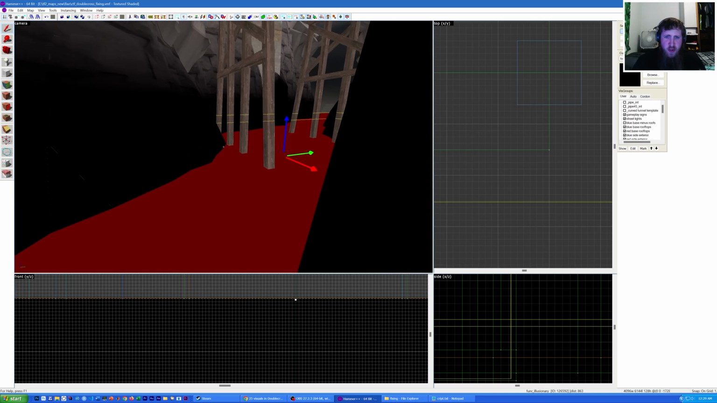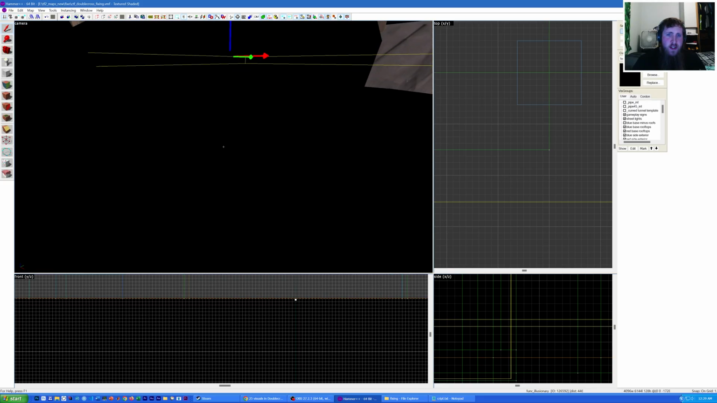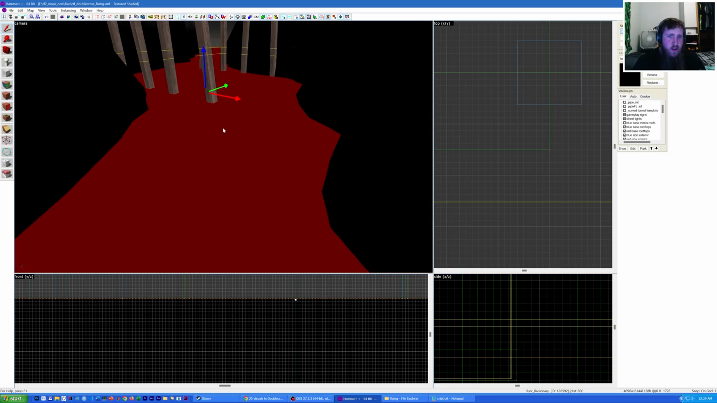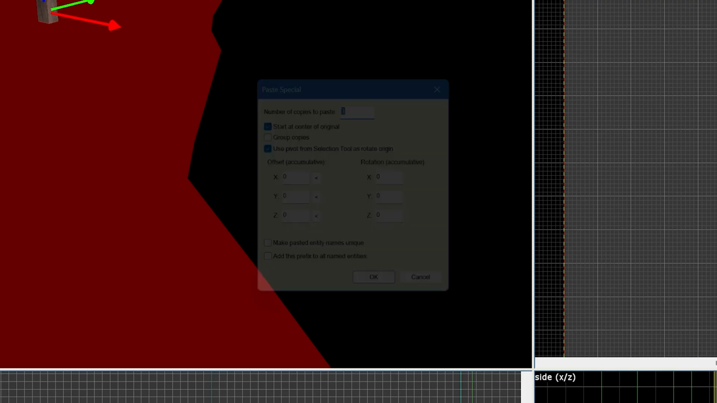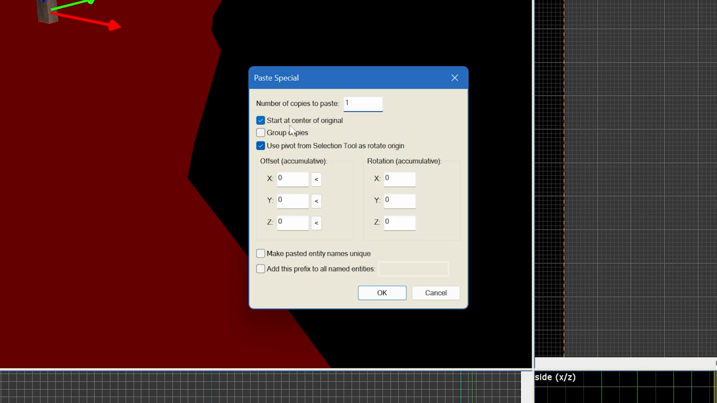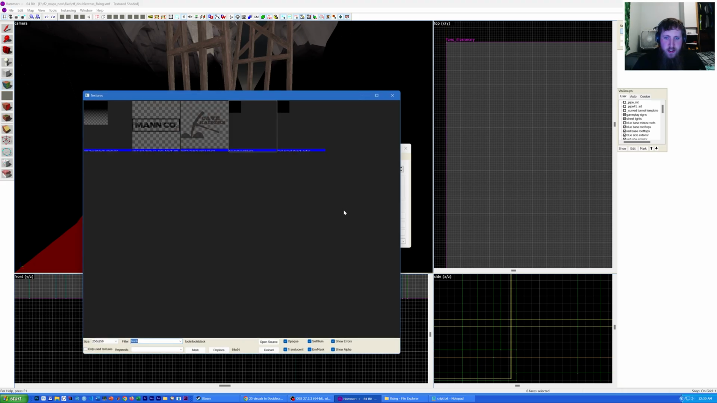Another thing you could do is just put a clip brush, a player clip brush, going all the way across so that your player can't actually fall past and see that. That's another option you could do. A nice tool for this is just using Control C and then going to Edit, Paste Special, Paste 1, and start at center of original, which is paste in place. This will put it exactly on top,